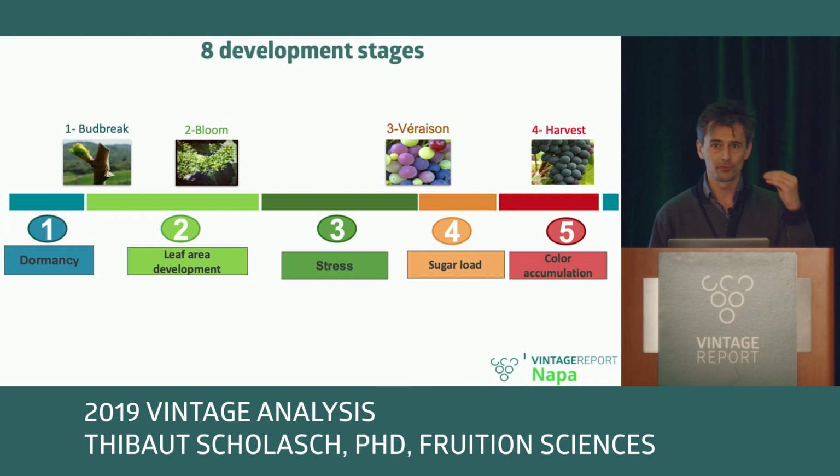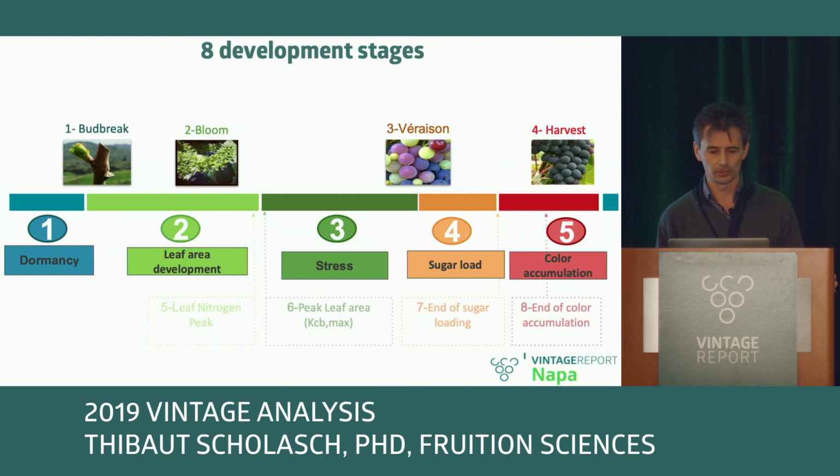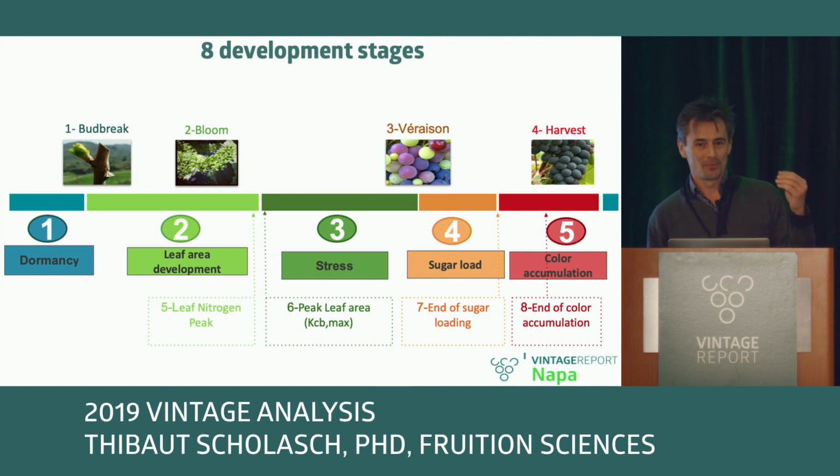4 of them are visible. They are called the phenological stages: bud break, bloom, veraison, and harvest. 4 of them are physiological stages. They are not visible to the naked eye. But the first one is the end of leaf nitrogen uptake. Typically, that occurs before leaf area unfolds to its